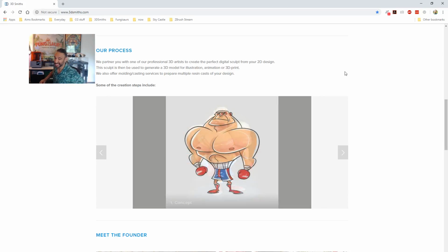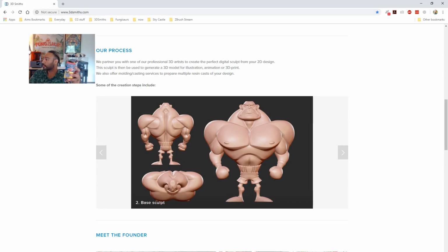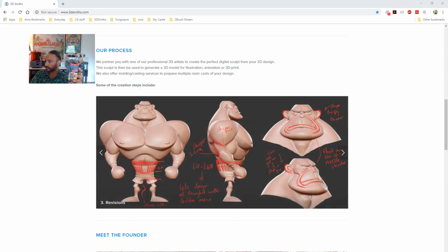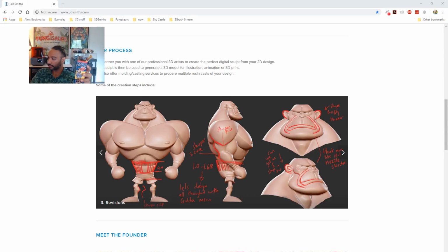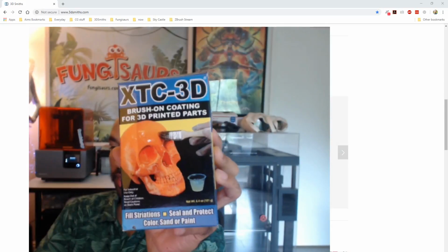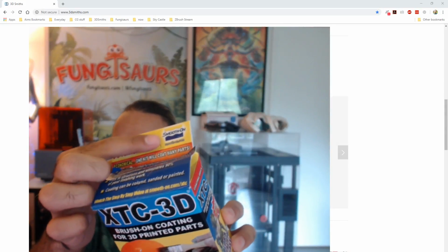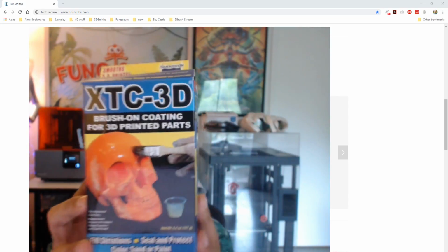And since you're working with a CR10, I'll recommend this product right here. Let me make this window a bit larger so you can see what I'm drawing out. Okay, so this is XTC 3D. It's a product by Smooth-On, I believe. Yeah, Smooth-On right there. That's the name of the company. And XTC 3D is pretty